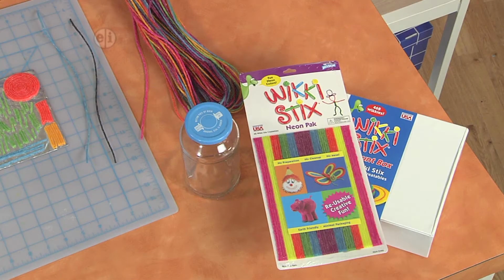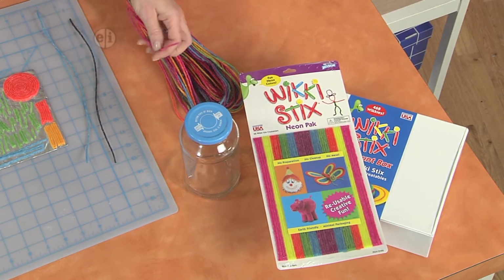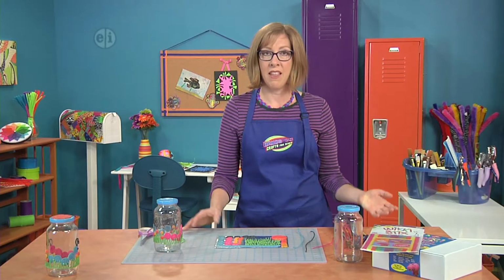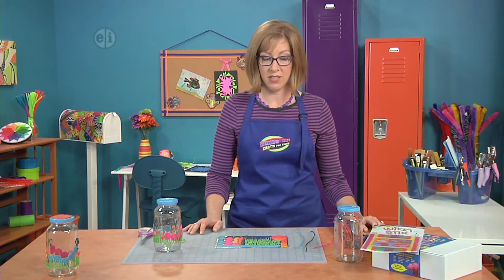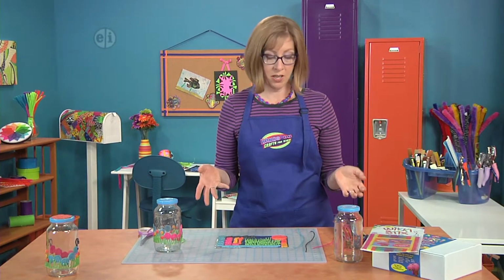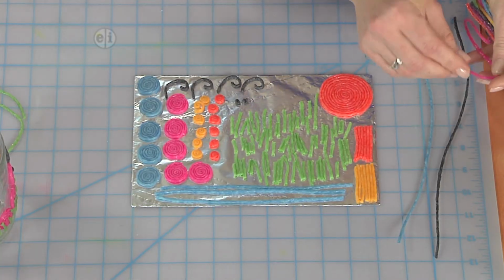So to get started, what you'll need are wax sticks in a variety of colors. They're actually strings, I should say. And you can also use a glass jar that's clean and empty, and then you are ready to go. You'll also need a pair of scissors. So what you'll do to get started is, you can put these on the jar in any pattern you want,